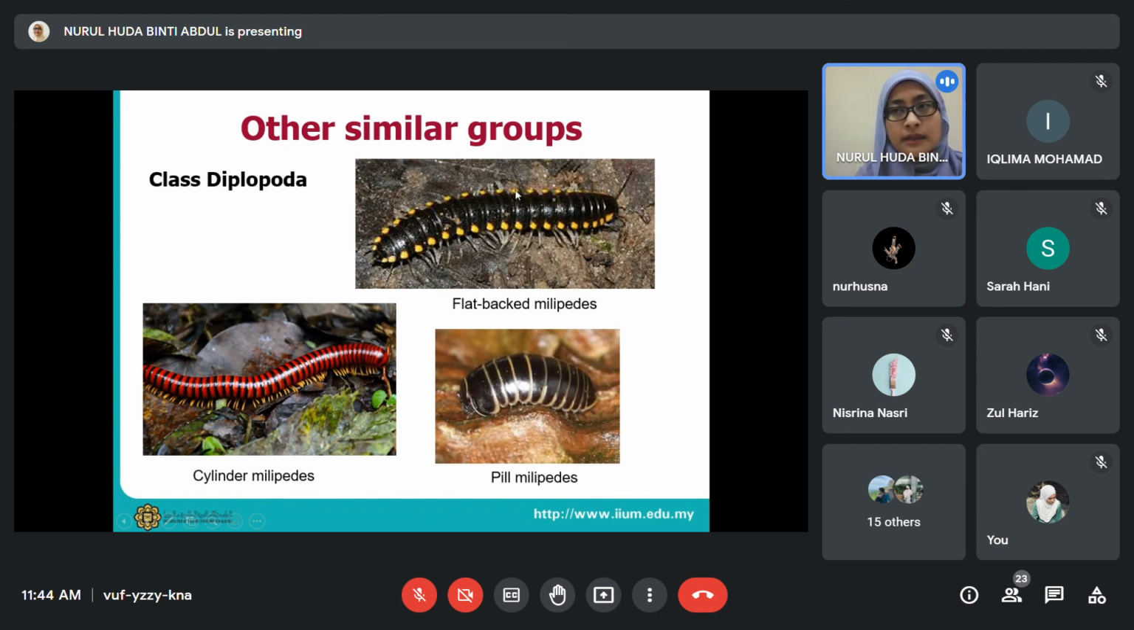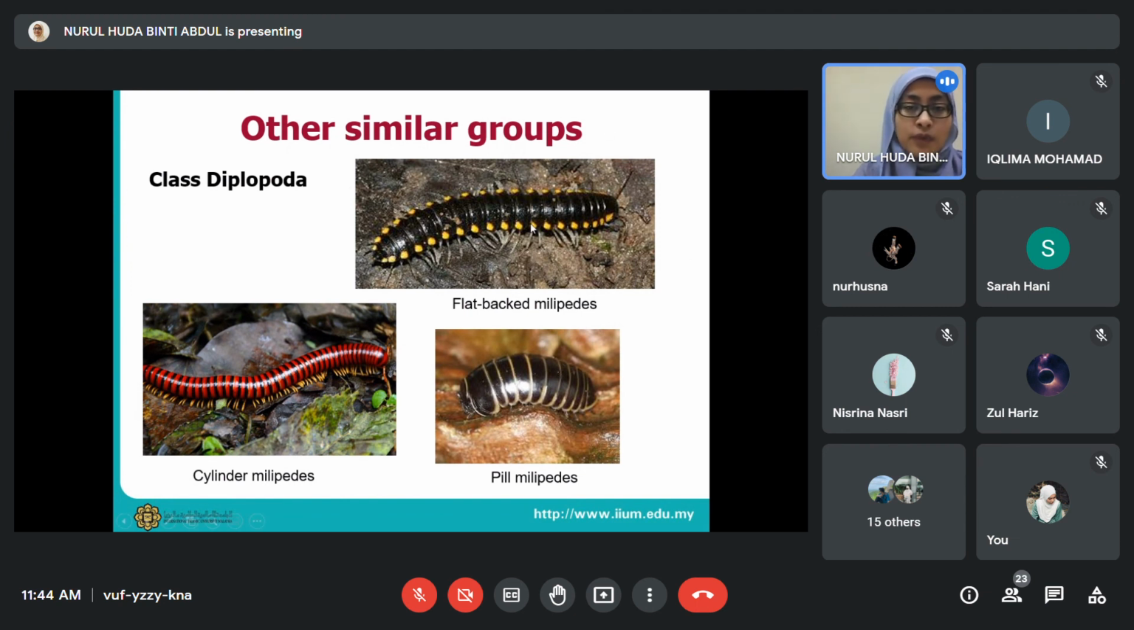You can see around your mother punya plant pots. But pale millipede is quite rare. Okay, but these two groups you can find easily around your mother punya plant pot. Okay, so this